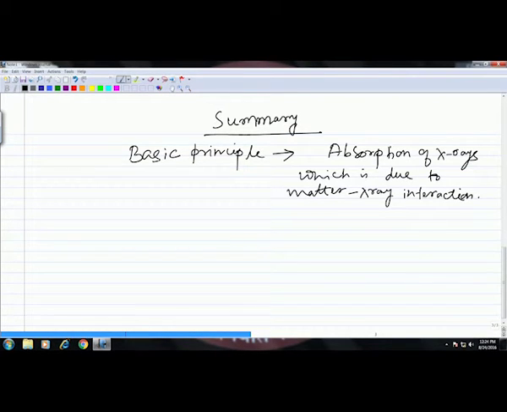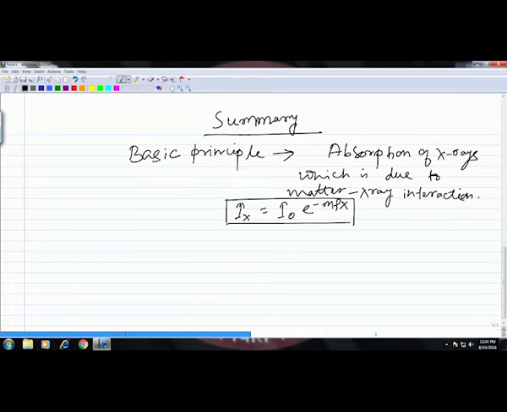Then we derived an expression for this absorption phenomena, which is like this. Okay. And as I said before, this forms the basis for radiographic testing.